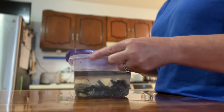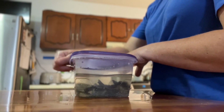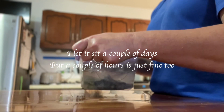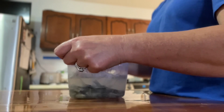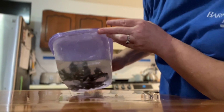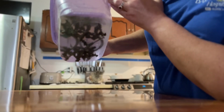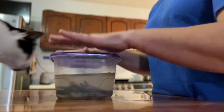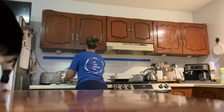But it cleans the hardware without having to sit there in front of a hot stove and boil your hardware. But it cleans it very good. And I just kind of jiggle it around, make sure that all the pieces are moving freely, and I just